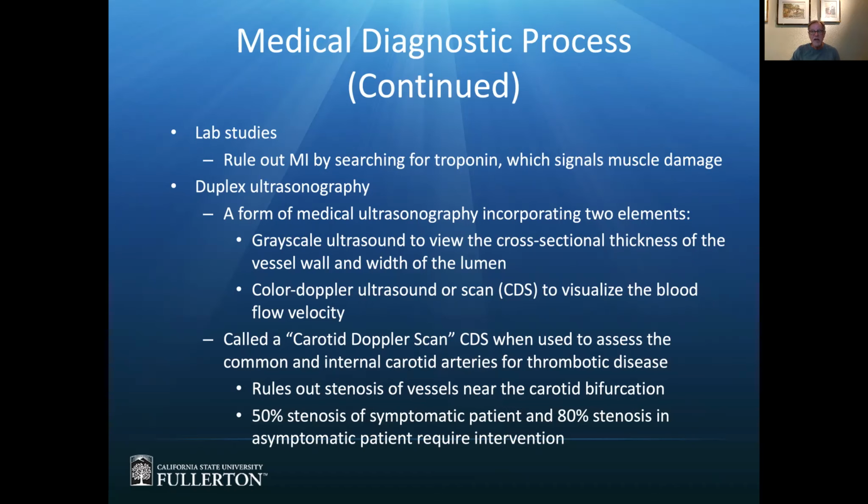It's going to be done, generally speaking, after the CT scan has come back negative for hemorrhage, and it can then provide evidence in favor of a thrombotic stroke if they pick up a certain amount of blockage in those vessels. Now, how much blockage is enough? Well,